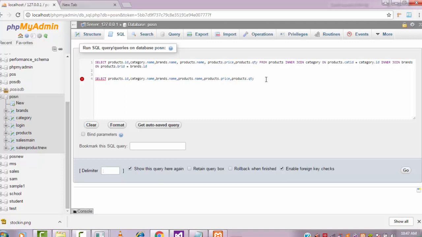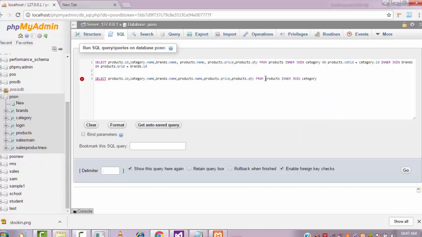After that, from products, this table, I'm going to merge three tables. Inner join category.